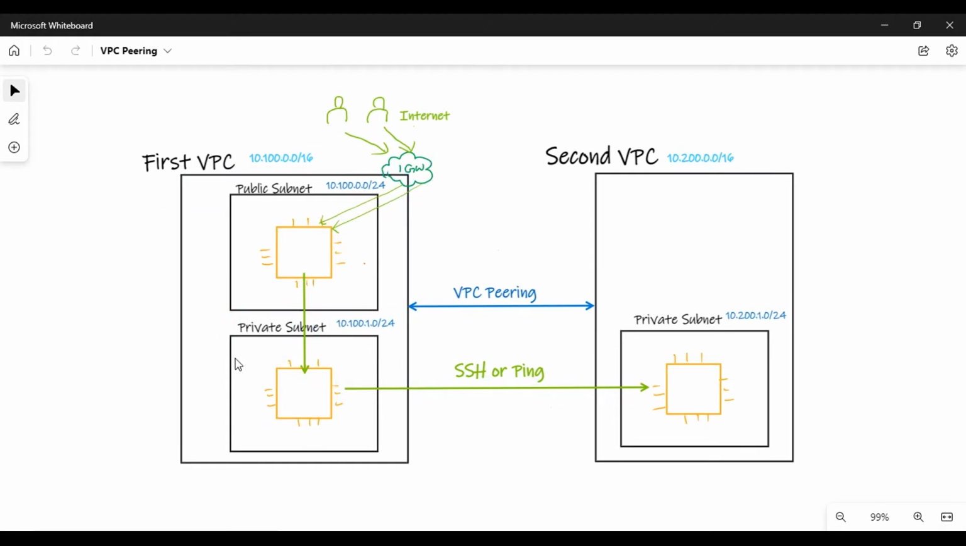After our first VPC was set up, I created an EC2 instance within my public subnet, where in the security group I allowed SSH only from my local IP address. Then I created one more EC2 instance, but this time in the private subnet of my first VPC, where I allowed SSH only from the CIDR range of my public subnet, that is 10.100.0.0/24, because the requirement is that the internet traffic can come directly to the public subnet's EC2 instance, and